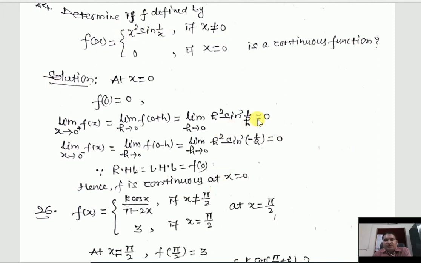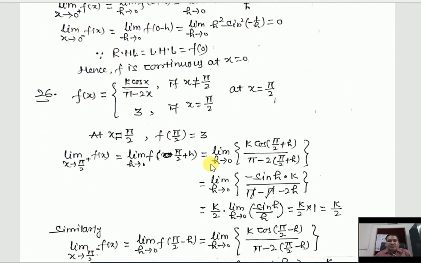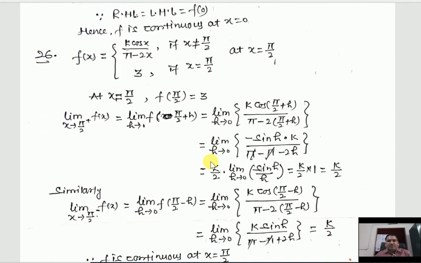So in this case you can see, after calculating the right hand limit and left hand limit, we got all three values equal to each other, hence the function is continuous at x is equal to 0. Question number 26,